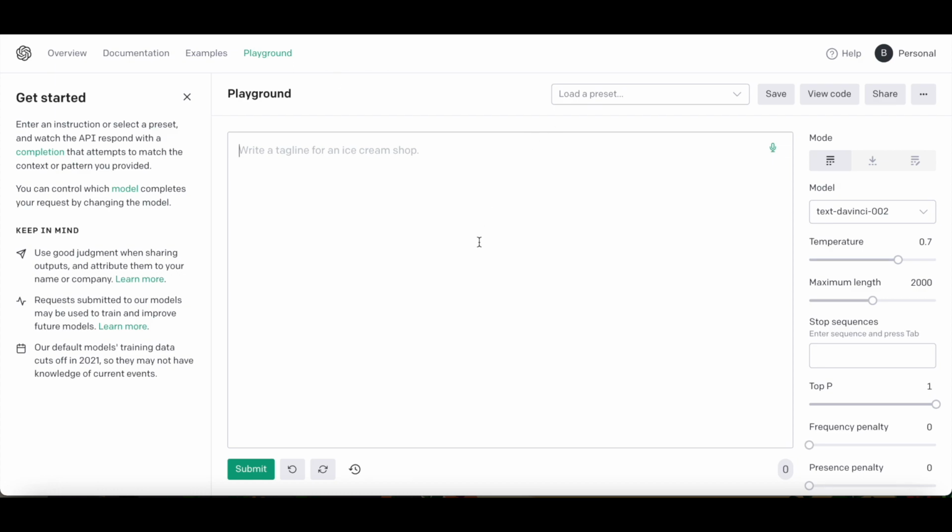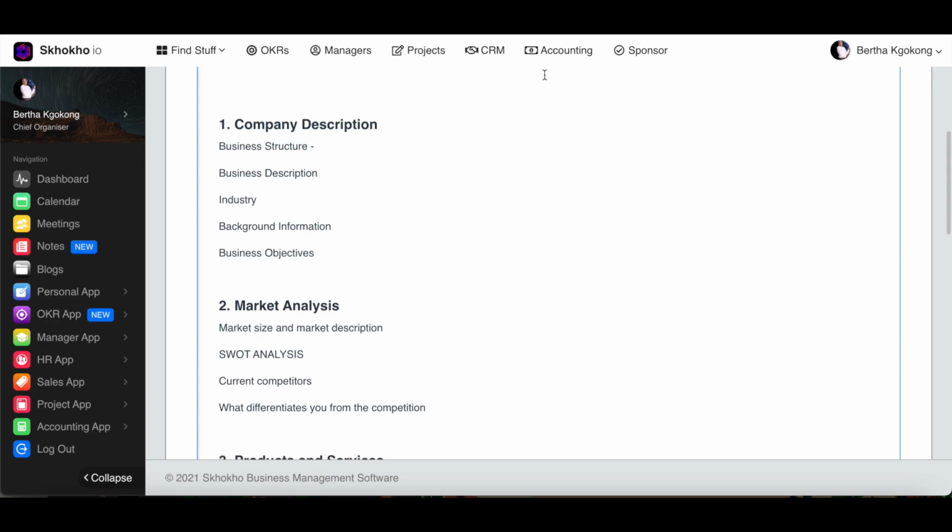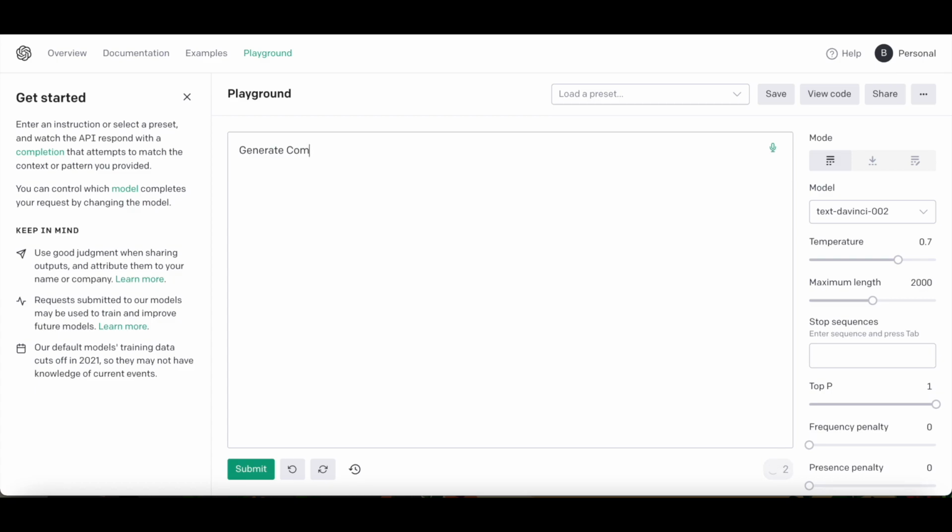Okay, so what we want to do is to generate a company description section for a business plan for the following business using the guidelines